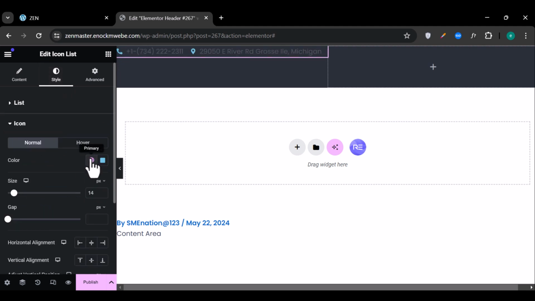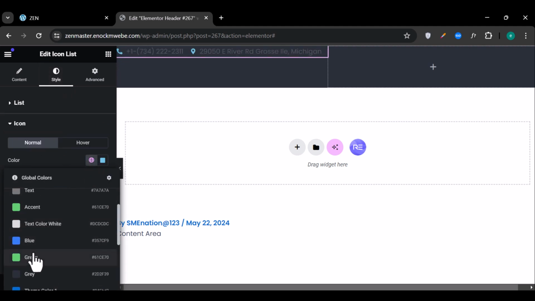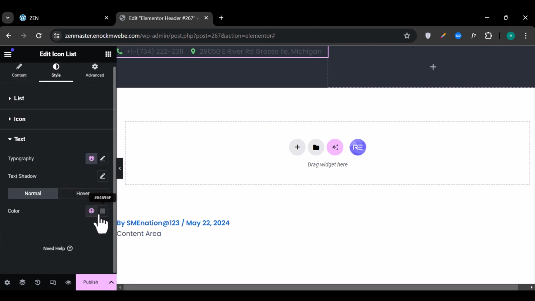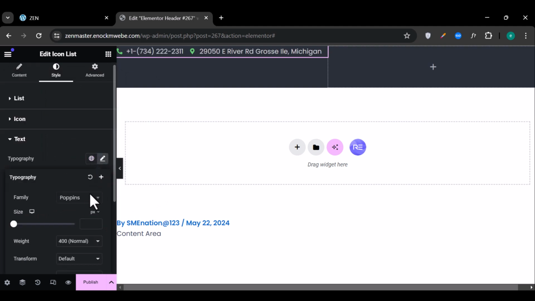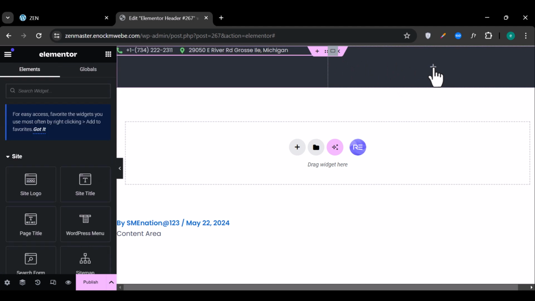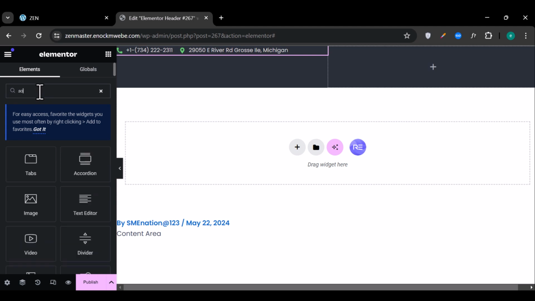So go under style, the icon, I want to make them green. Okay, then the text, I actually want to make this text white color, and the size, the typography, I think 14 or 12 should do. 12 or 14 should do. Let's go with 13 maybe. Then on the right hand side, what we can do is add some social icons